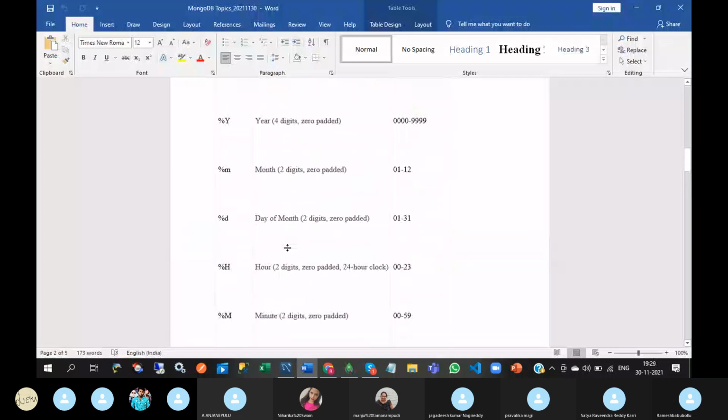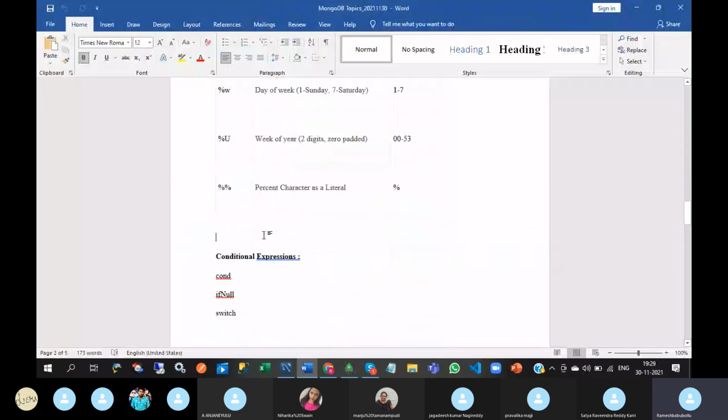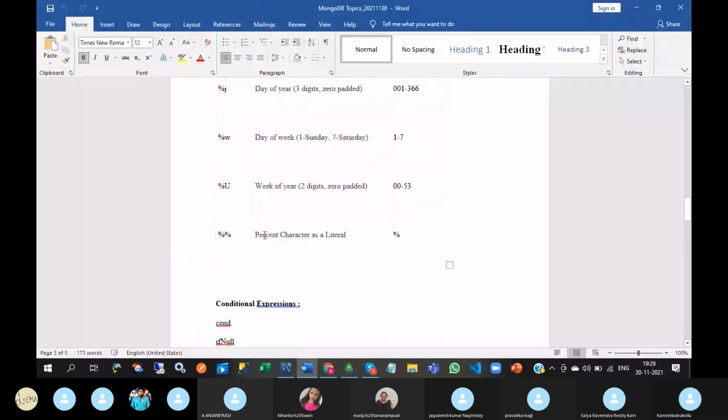So from this table, how can we construct a date format or time format? I want to construct today's date, 30th hyphen 11 hyphen 2021. How do I construct?